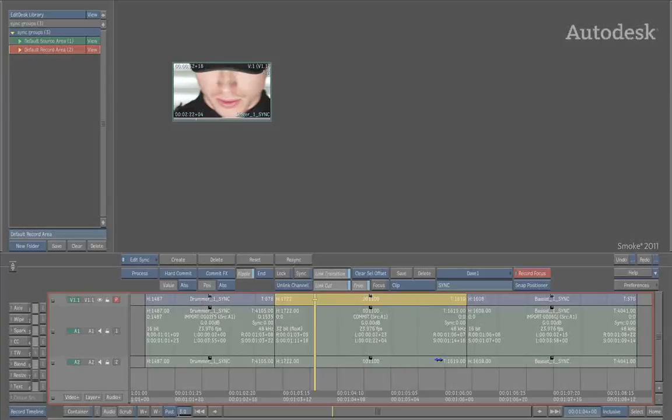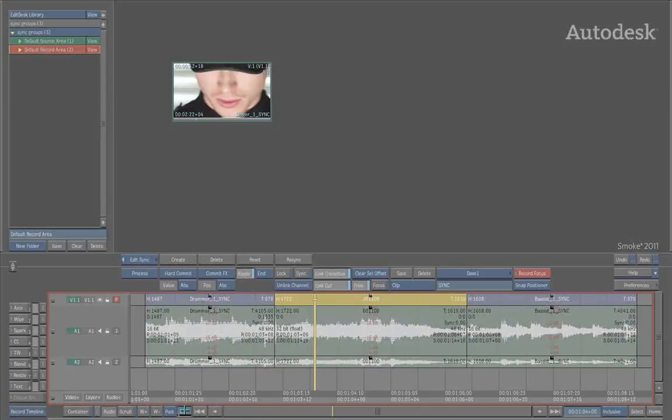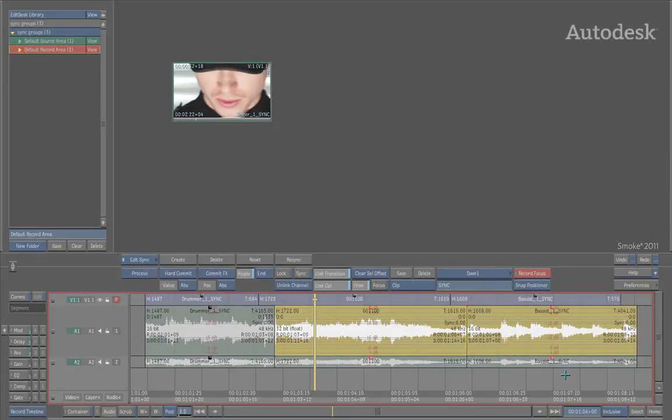I'm going to take the audio tracks and simply turn on their waveforms, so I can see very clearly where the audio is occurring. Now let's say, for argument's sake, I was to go ahead and make an adjustment on the video. As I pull the video out, the audio for both this clip and this one, so the second and the third clip, are now out of sync